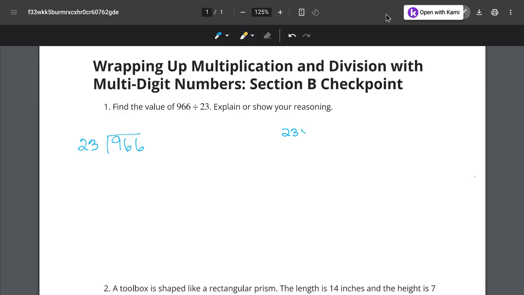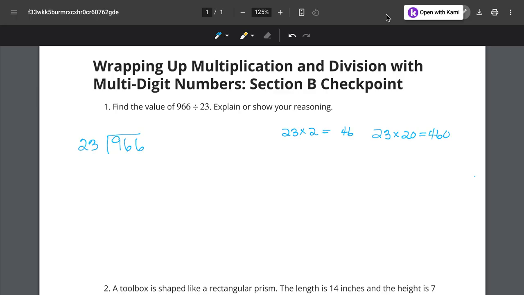some of the facts that I know, and I'm going to start with this. 23 times 2 would equal what? Well, it would equal 46. Okay, if I know that to be true, I also know that 23 times 20 would equal 460. Okay, I could go ahead and start with that fact, or I could get a little bit closer to that entire dividend of